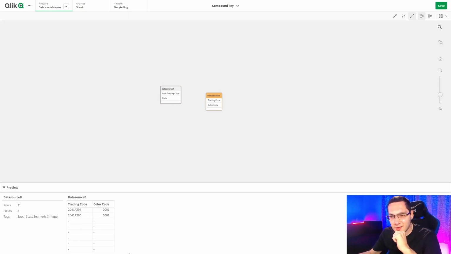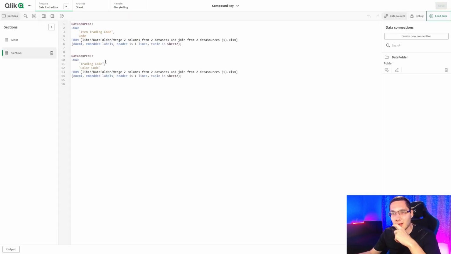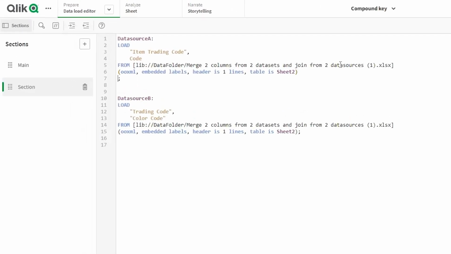And we also have some dashes here on our data model. This is probably from the Excel file, so let's fix this first. We can solve this in many ways, but let's do a simple len here. So where len, of length, we're gonna check if the length of this is bigger than 2, not 1, because of the dash. So item trading code is bigger than 2. All right, and let's do the same here.